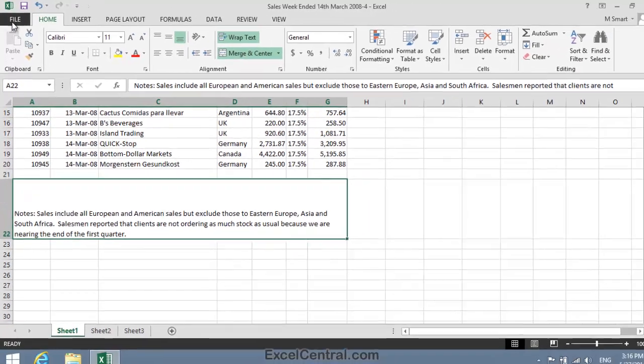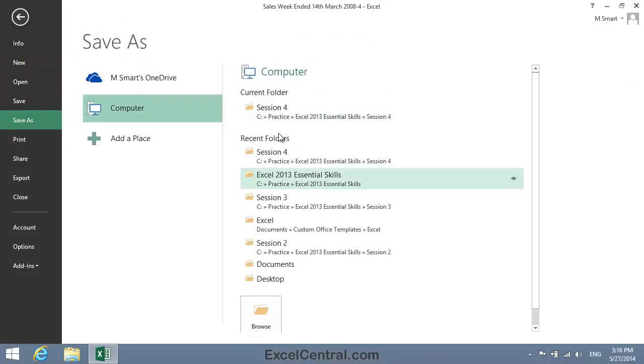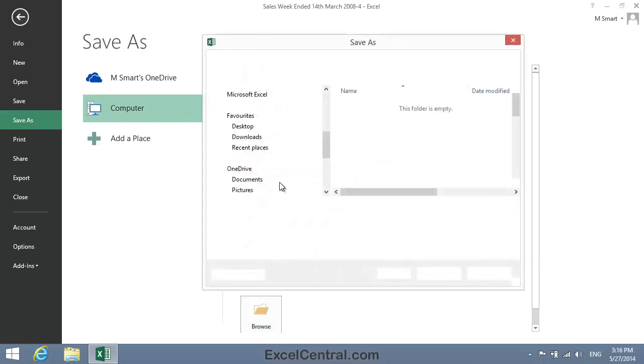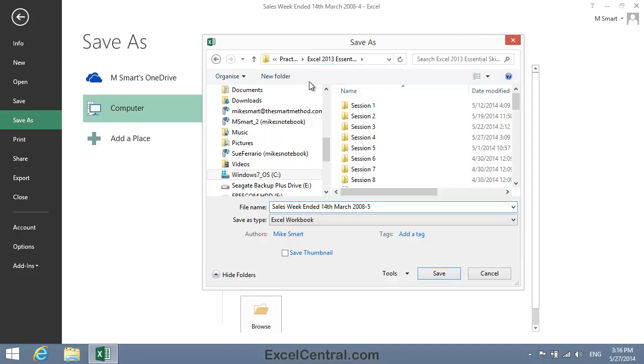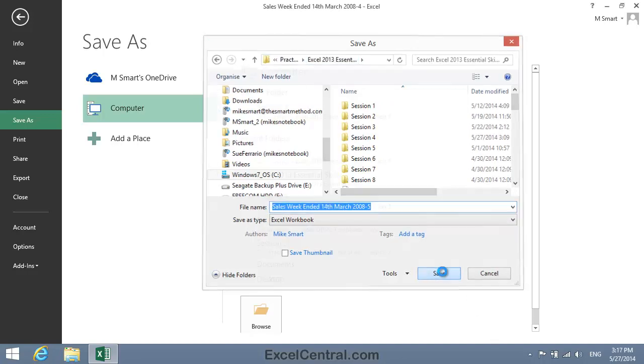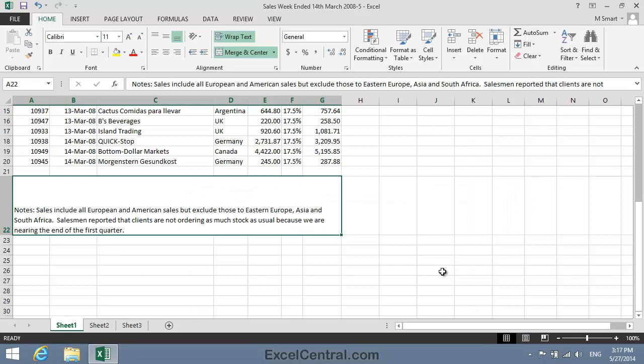But for the moment, all that remains is to save your work, and we'll save with the new name Sales Week Ended 14th of March 2008 5. And as usual, I'll save to the folder above, my sample files folder. I click the Save button, and you've now completed lesson 4.6, Merge Cells, Wrap Text, and Expand Collapse the formula bar.